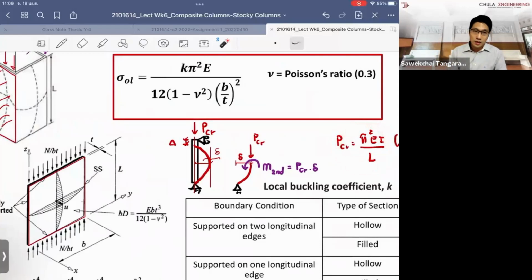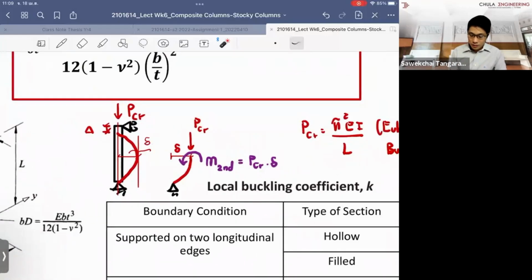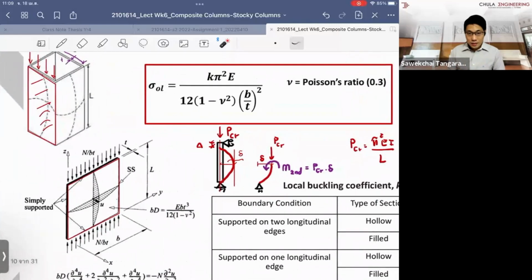It doesn't go to the second mode because the capacity under the critical buckling cannot go above this value, because this one is the minimum to form the buckling curve. And remember, if you have the second mode, it will form another curve like this. If you have the third mode and so on, you learned it before. But we want to study the local effect for the steel section as well. So it depends on the boundary condition, which is the support of the plate, and you have the axial force